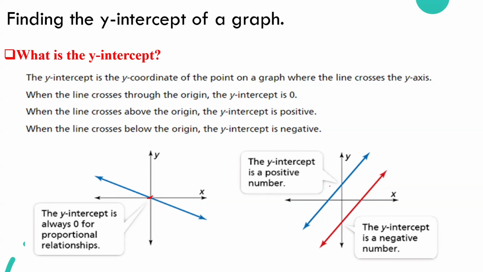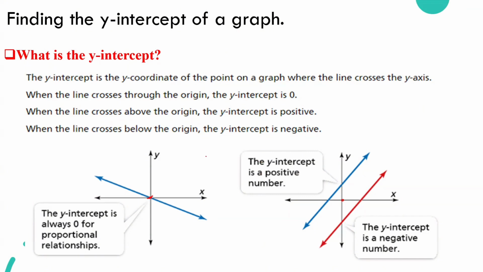If you look to the right here on this graph, the blue line crosses the y-axis above the origin. This is our origin right here, and this blue line is above the origin. It means that our y-intercept is going to be positive. If the line crosses below the origin, our y-intercept is going to be negative. So we should know whether our y-intercept is going to be 0, negative, or positive based